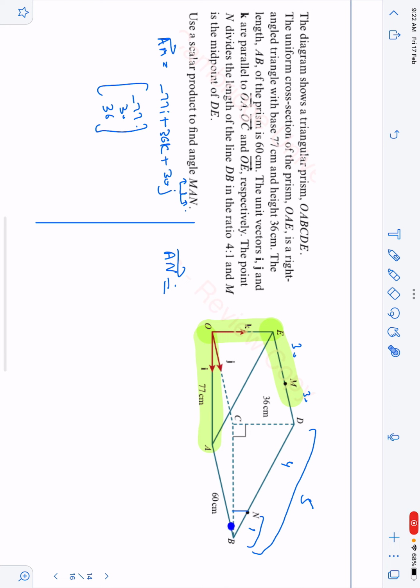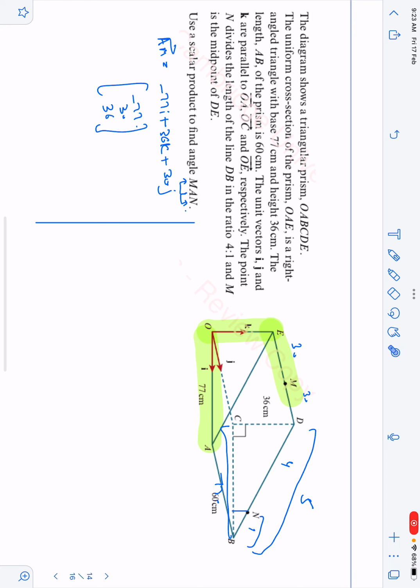So this is also going to be 1/5 of this whole length, because in similarity, this big triangle BN and BDC are similar to each other, so the ratio of the corresponding sides will be proportional. So if this is 1 and this is 5, this will be 1 and this will be 5 parts. If I know that this whole thing is 77, I can easily find